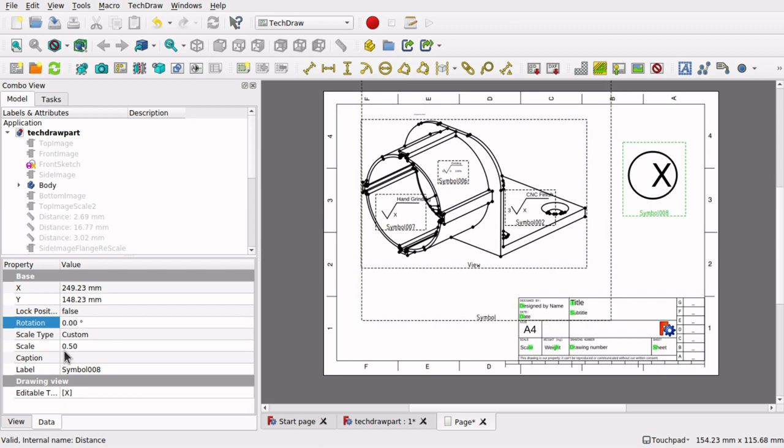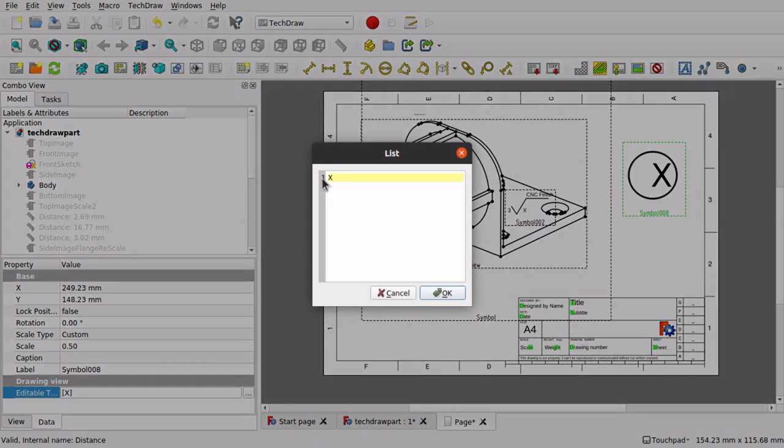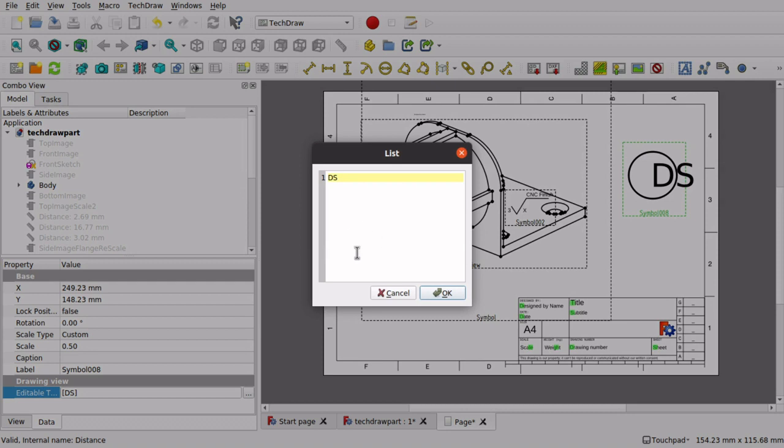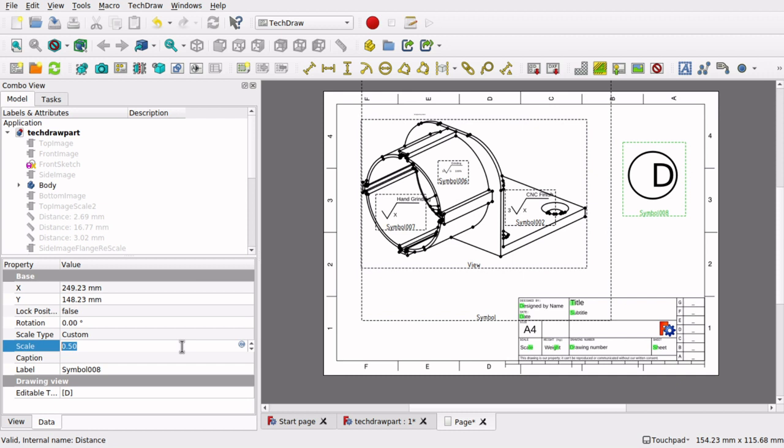So that's in, and come down to our editable on our data, and you can see X is there. Just click on those two dots at the bottom there and change this to whatever you want. So I'm going to change it to DS and OK that. When we click off, that will change the text in there. We may need to change the placement of the text to move it over. That's quite easily done, and we can change this to whatever we want. So for example, I'm just going to put D in there. If it doesn't appear, just go to edit, refresh,